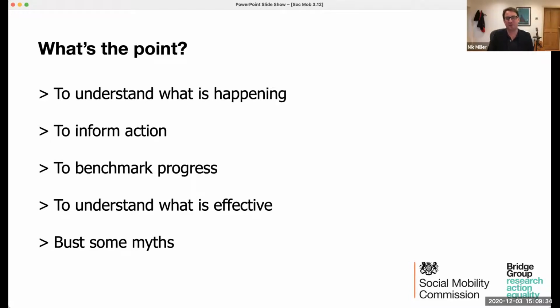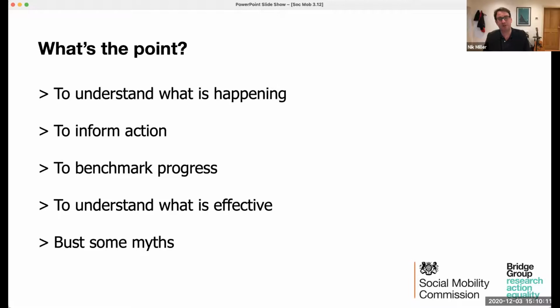So to benchmark progress over time with peer organizations, to understand what's working. And I think it's fair to say, and I say this with admiration to lots of the firms on the call today, the evidence base about what really makes the difference here is pretty thin. And a lot of that is to do with the fact that historically we have all invested a lot of energy in creating initiatives and much less in evaluating them and understanding what's making the most difference. There are various papers on that topic if you're interested. And of course the data is key to that.